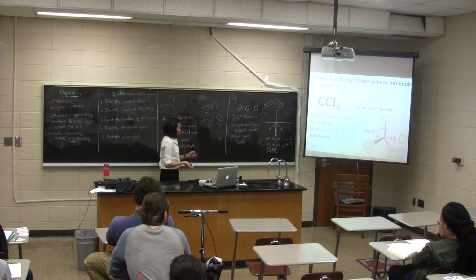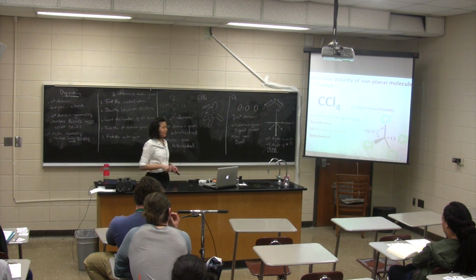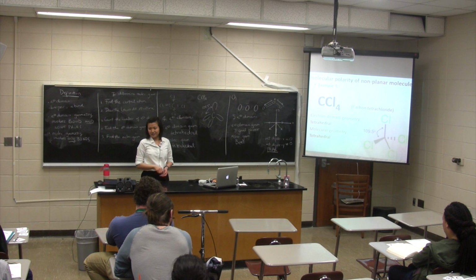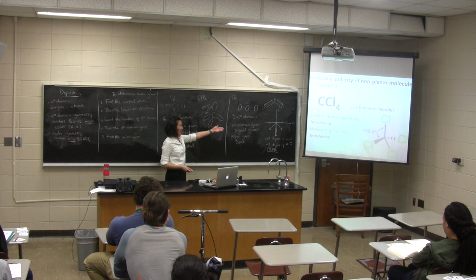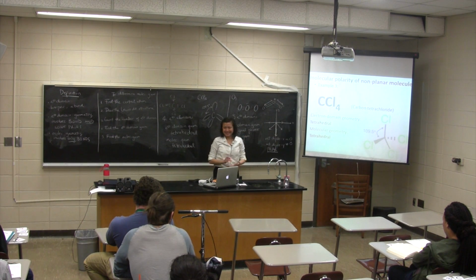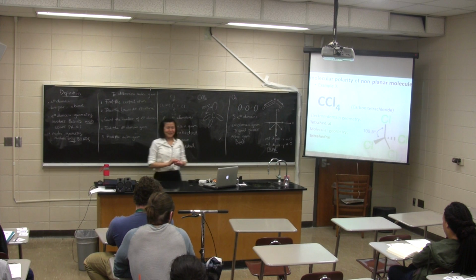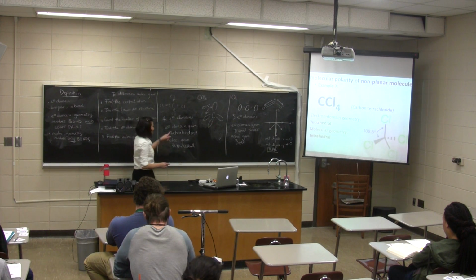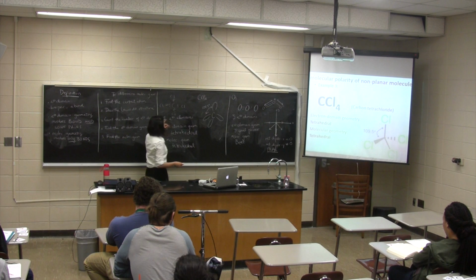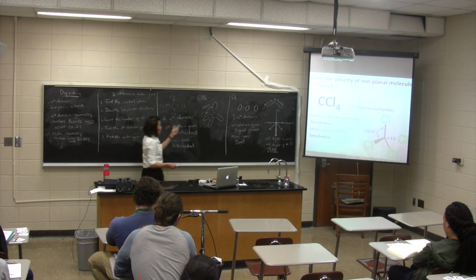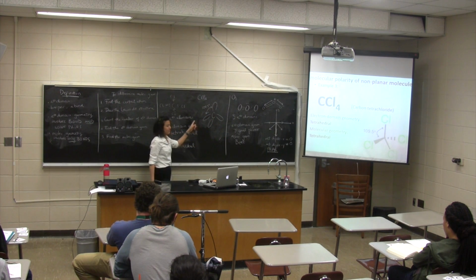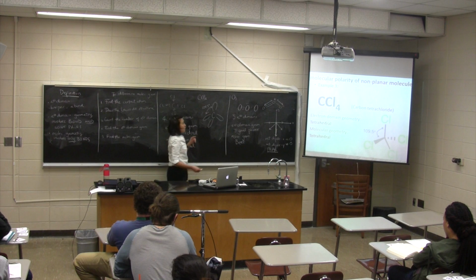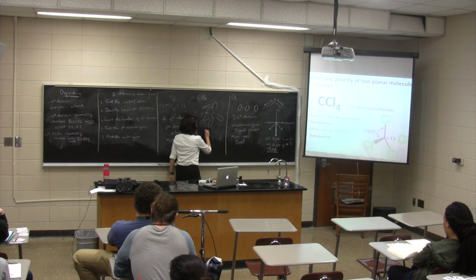Okay? Now, harder question. How do you determine the polarity of a non-planar molecule? Of course, you can always draw that, but how do you do it in 3D? Right? So the trick, I'll tell you a trick. This molecule right here has no lone pair, and all the atoms surrounding it are the same, right? You have 4 chlorine surrounding carbon with no lone pair. Whenever you have that case, the molecule will be nonpolar.